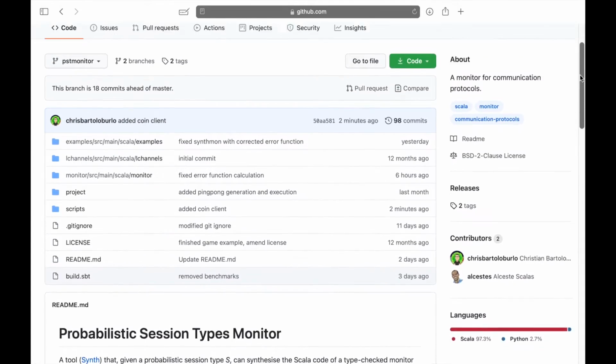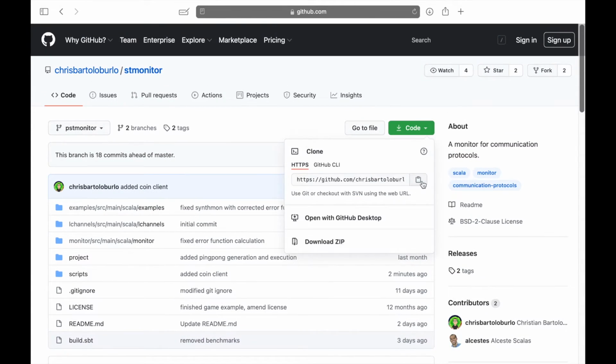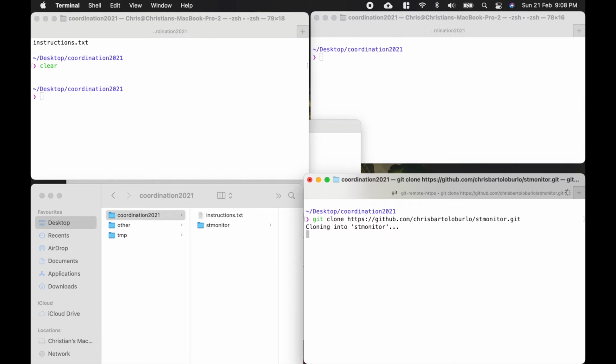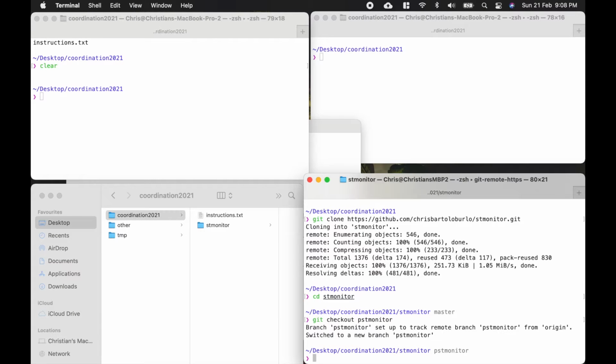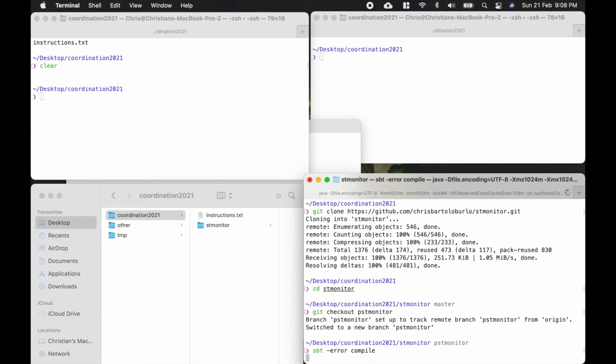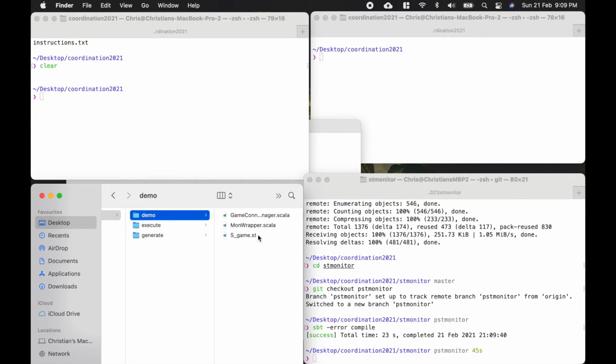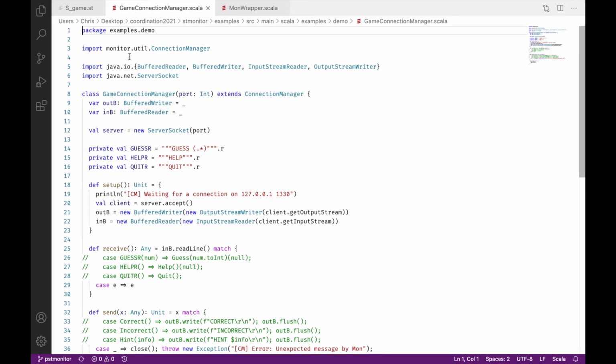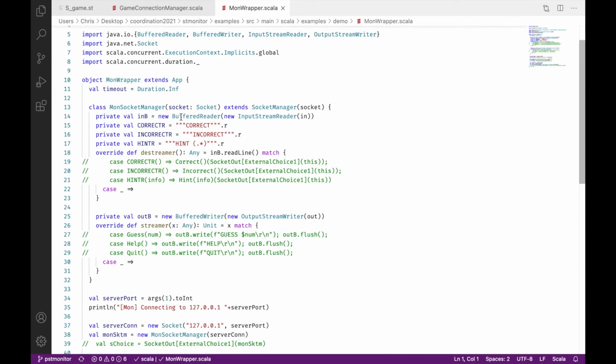You can follow the instructions found in the README file I've just shown, and now I can just clone, check out the branch and compile the sources. Okay, now that the source is compiled, these are the connection managers which the monitor will use to communicate